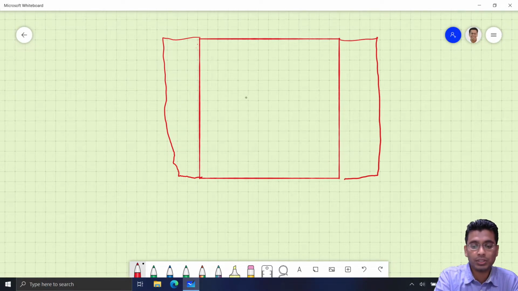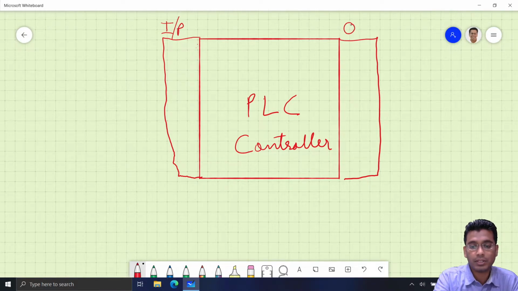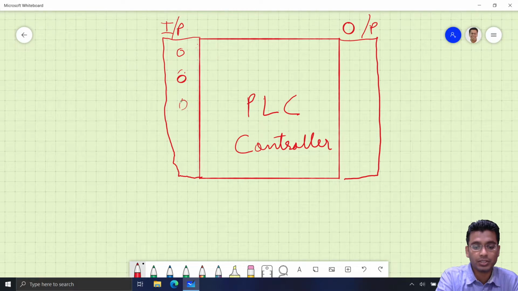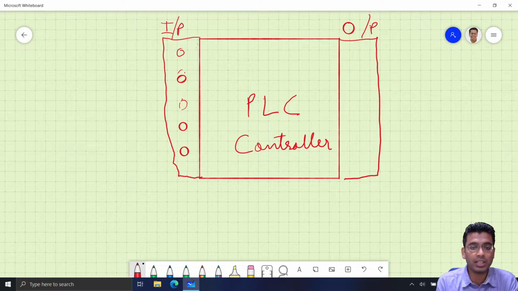Fine. So this is my PLC or the controller. This is my input module and this is my output module. In the input module, I will be having some connections. I told you this input module comes in configurations of 4, 8, 16, where your physical input has to be connected. Say suppose here you are connecting one